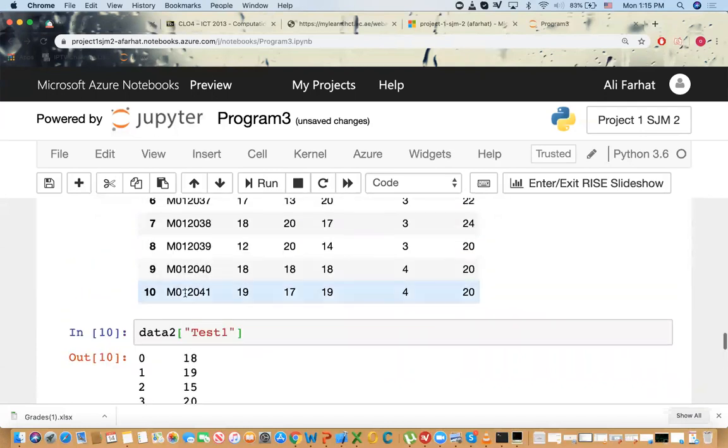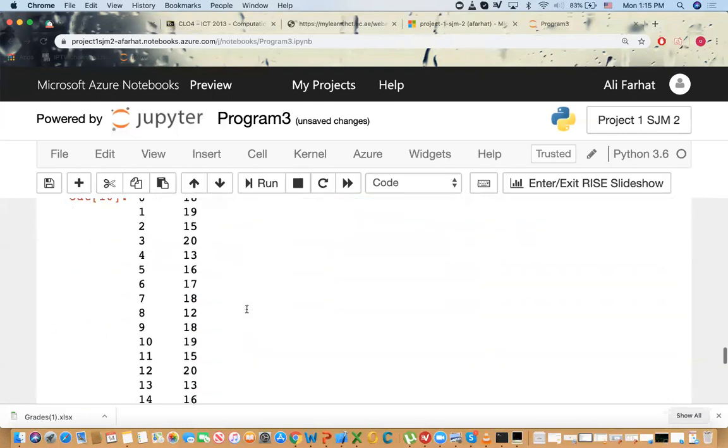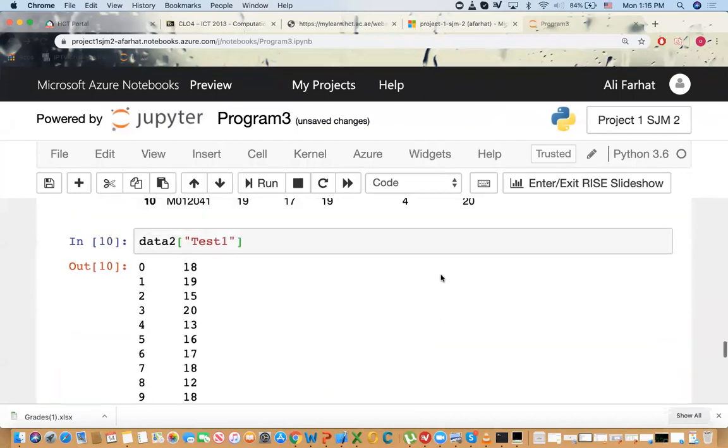If you want to do test 2, what do you put between the bracket? Test 2. Presentation, you will put presentation. All right. You can do a lot of things with these simple commands. For example, you specify the column name and then you can get statistical information